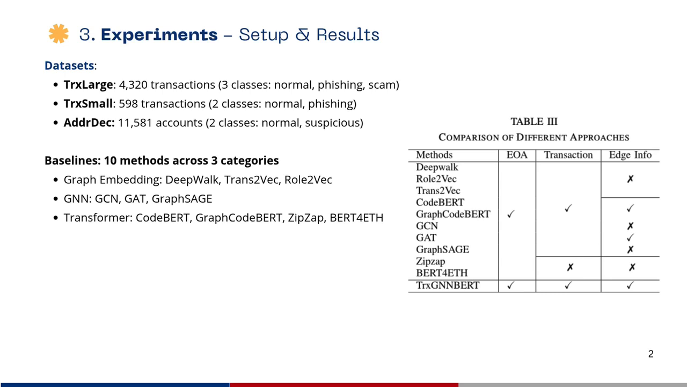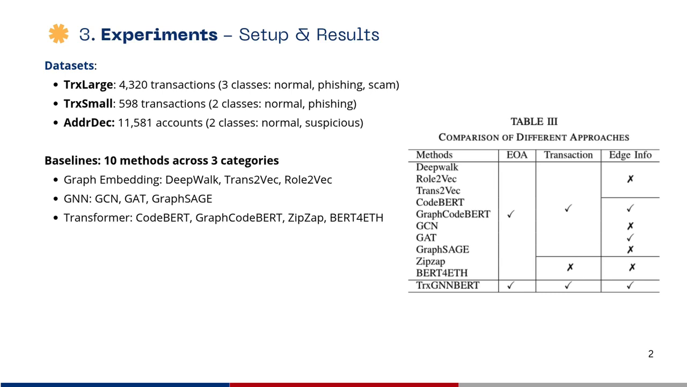It was compared against 10 baseline methods across three categories. Graph embedding, which includes DeepWalk, Trans2vec, Role2vec, and GNNs like GCN, GAT, GraphSAGE, and transformers like CodeBERT, GraphCodeBERT, ZipZap, BERT4ETH. In table 3, we can see a comparison of different approaches